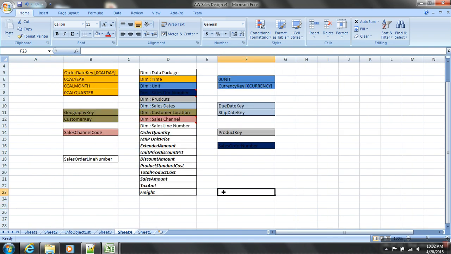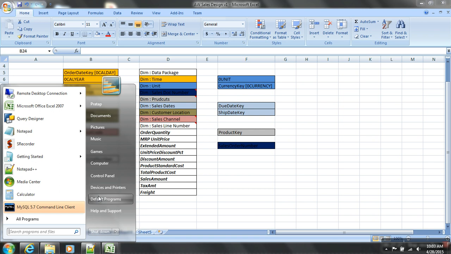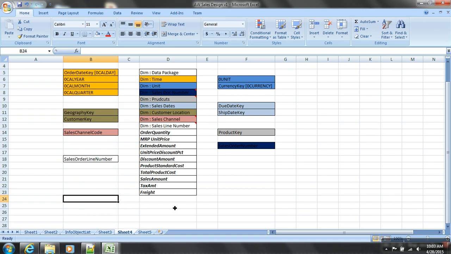Next, what I wanted is to design my cube. So first, shall we create those InfoObjects? What should be the first aspect? Just focus on what is already done. The InfoObjects are already created, so I don't have to worry about that. Next, I'll have to create my InfoObjects, then create my cube.